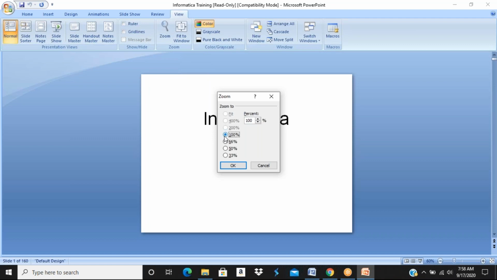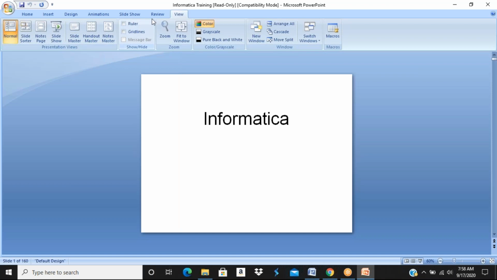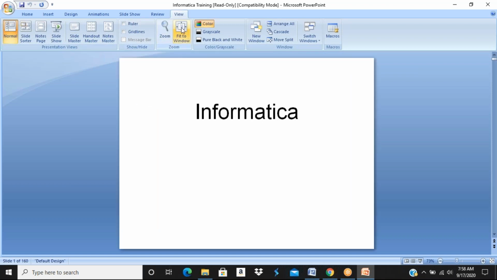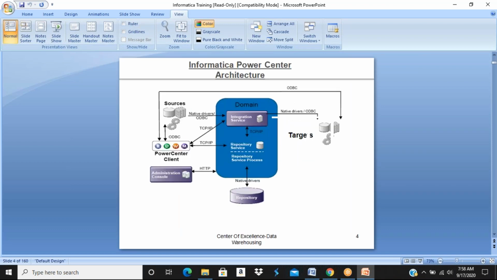So Informatica PowerCenter is a powerful ETL tool which is used to extract the data from multiple source systems, transform the data as per the business requirement, and load the data into target systems. A system where you load the data is called the target system. So who is going to design the target system? A target system is designed by the data architect. So what does the target system consist of? It consists of a collection of dimension tables and fact tables.